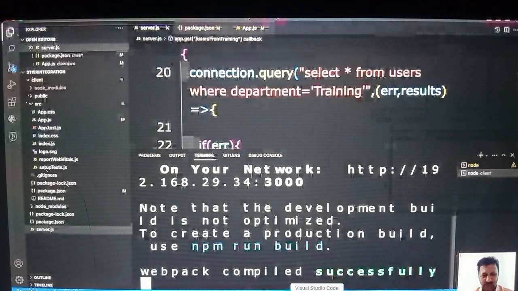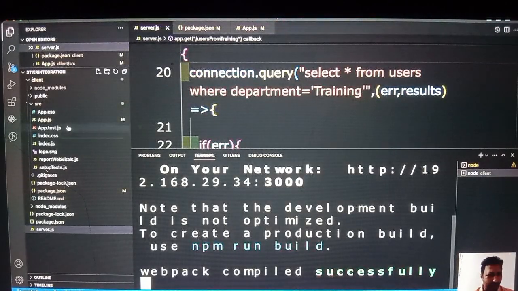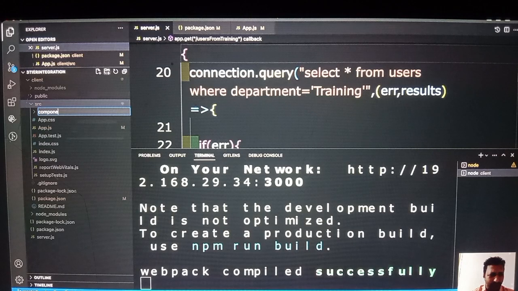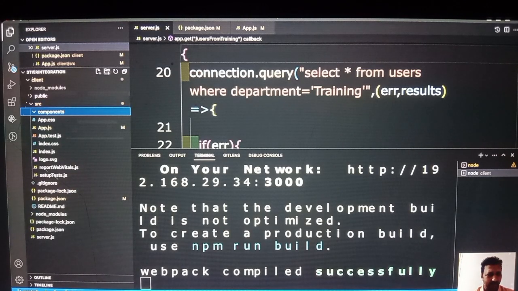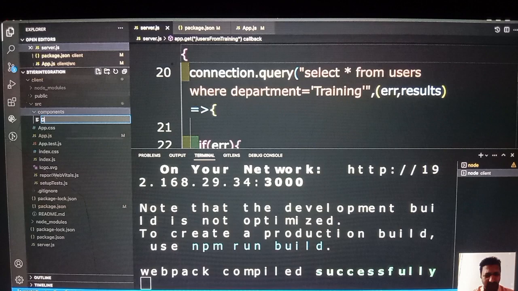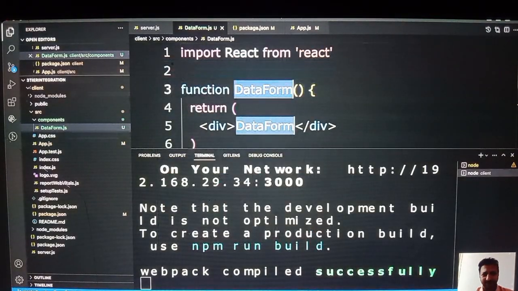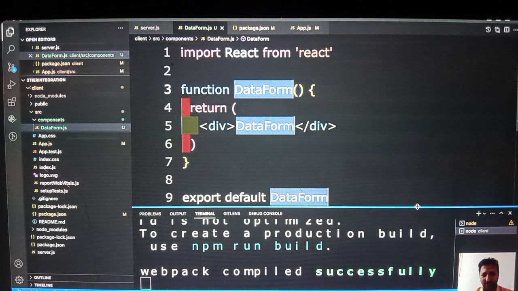Now, first of all, let me create a form. I wanted to put everything into a component. So I'm creating a folder in client called components, and I am creating a component called dataform.js as an RFC. And now what I wanted to create is a form